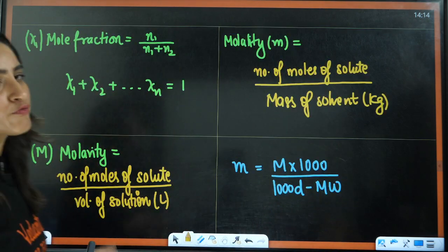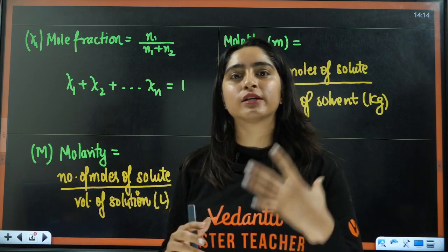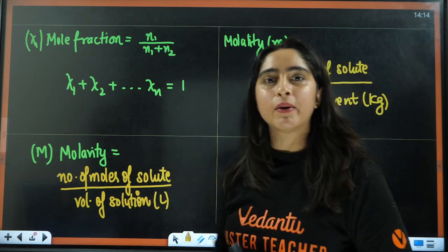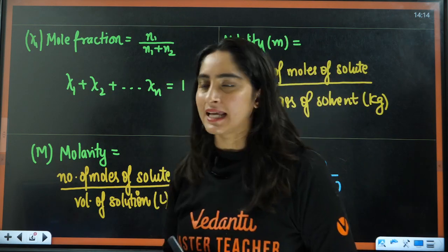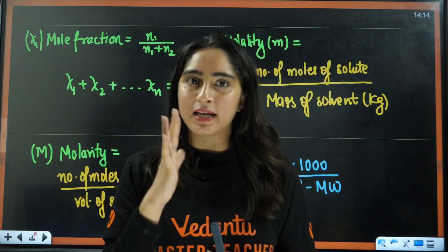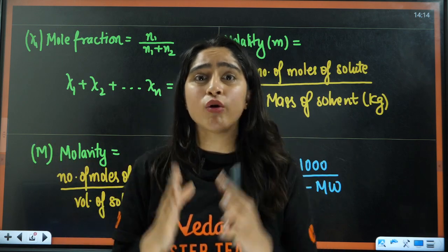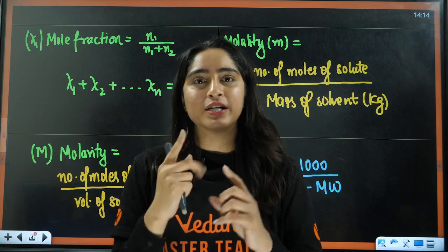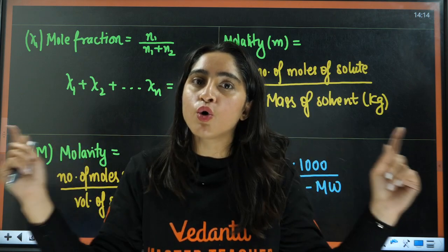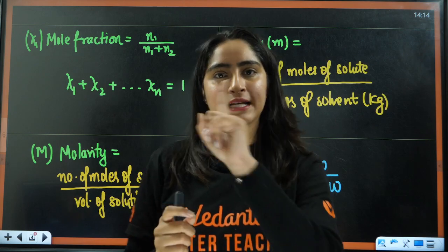Next we have mole fraction. If you have the number of components as 2, and you want to calculate the mole fraction for the first component, that will be number of moles of the first component divided by number of moles of the first and number of moles of the second. If you have 5 components in a mixture, the mole fraction of all the 5 components will be 1. If you have 2 components, the mole fraction of all the 2 components will be 1. If you have any number of components, the mole fractions of all those components will add up to unity, that is 1.